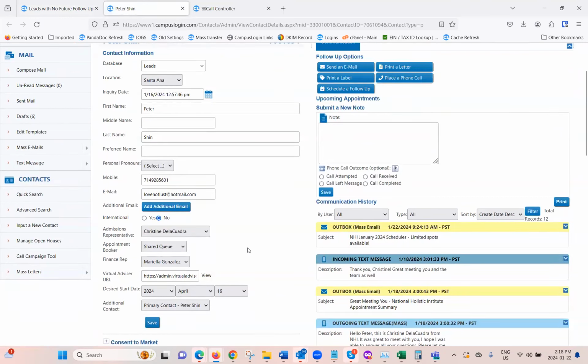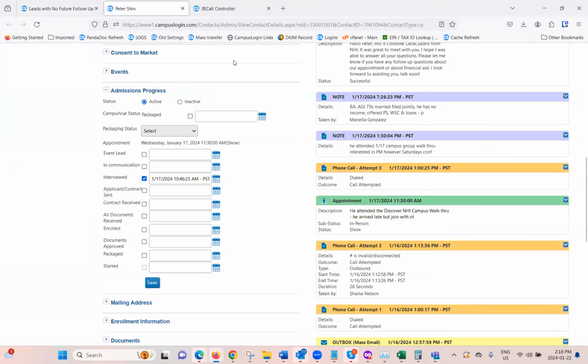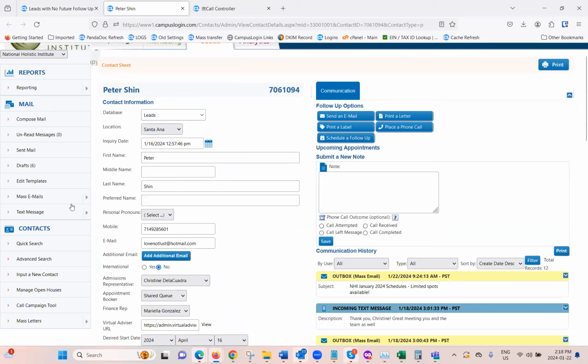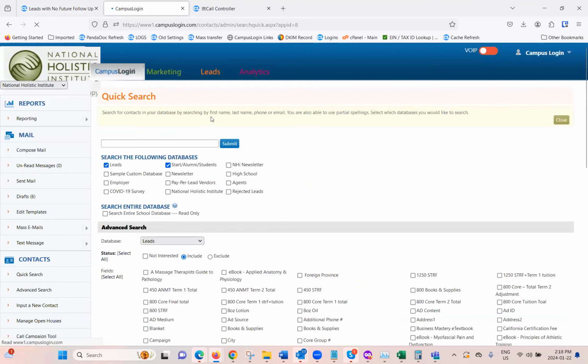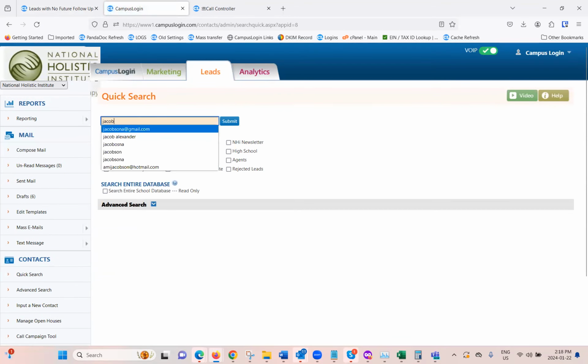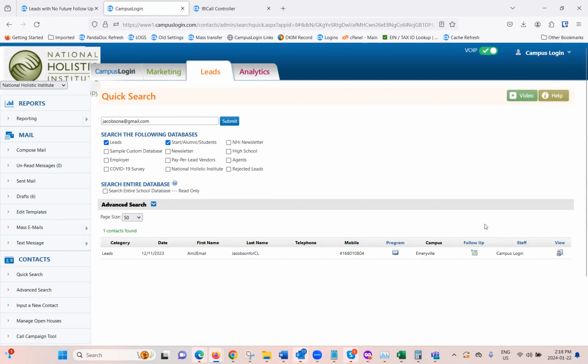Are we sending them an email? Are we going to send them a text? Are we going to call them? What are the next steps? We want to make sure that every lead has a next step. And that process holds true until one of two things happen. Until, I'll go back to my test lead, until either they get marked as a student,